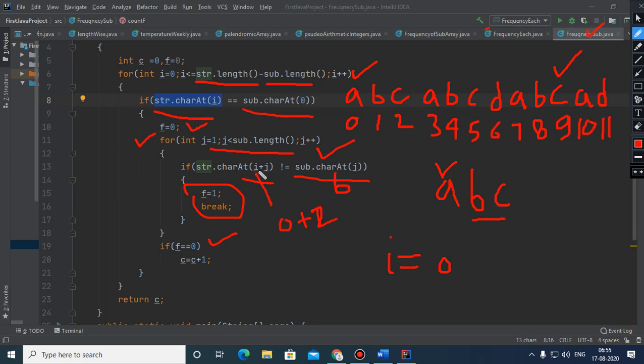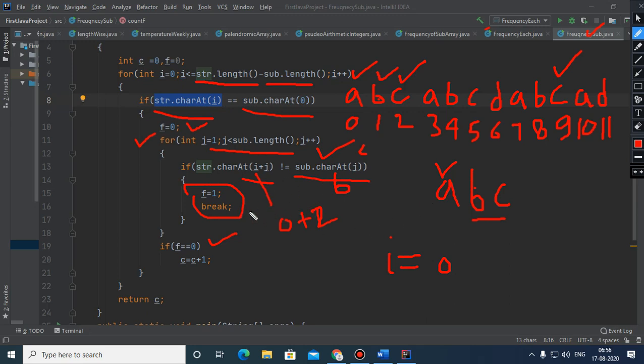The value of i was 0 and 0 plus 1 is index number 1. So from the main string we got this B, which will get matched with this B, so f will not change. Then j becomes 2. Here we are getting C, and here we are getting 0 plus 2, which is this alphabet, which is C. So again there is a match.